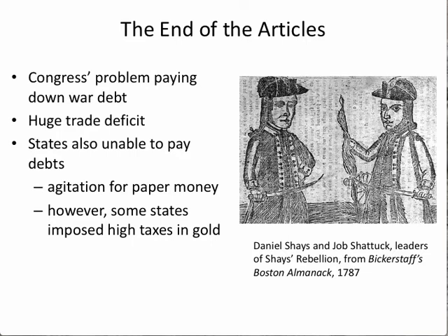Other states, however, decided to be more responsible than that, and these states included Virginia and especially Massachusetts. In Massachusetts, the General Court decided to pay off all of the war debt, and in order to achieve that, they imposed very high taxes on the people of Massachusetts, and the taxes had to be paid in gold, hard money. Now, that was a real hardship for the people of Massachusetts, especially for the poorer farmers in the western part